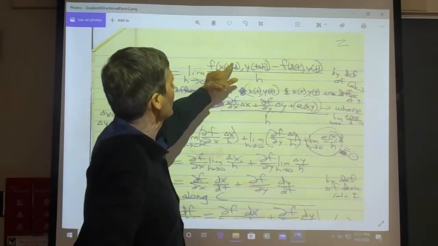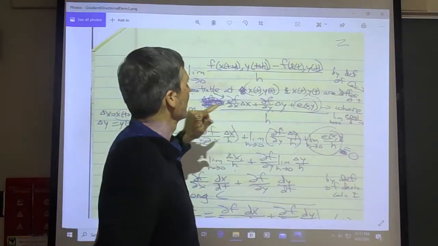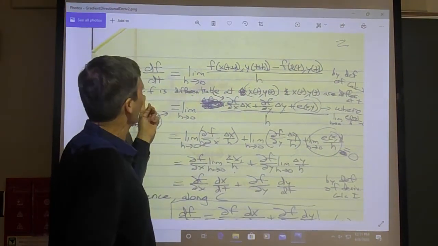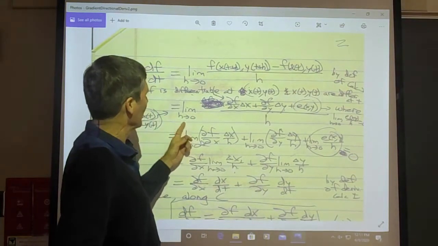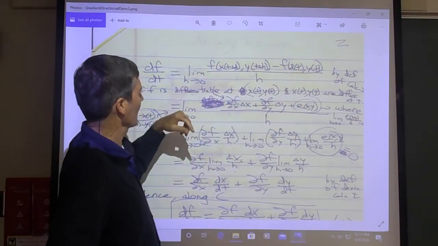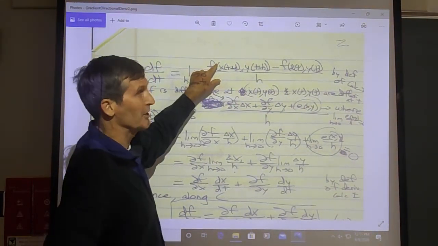But f is a function of t through x and y. It's a function of a function. Chain rule. No wonder we did that last section, right? Well, if f is differentiable at x of t, y of t, then this is the limit of, right, by the linearization, for a differentiable function,